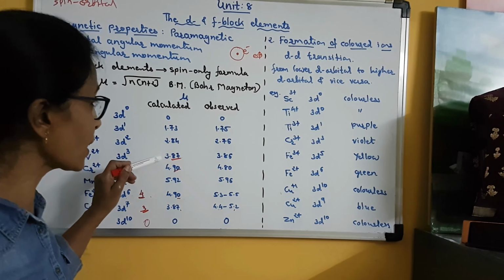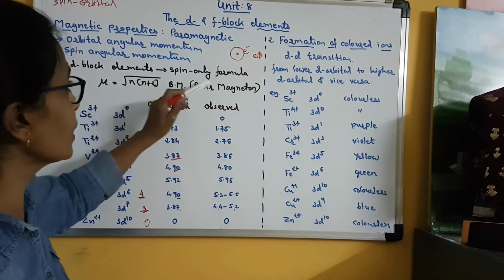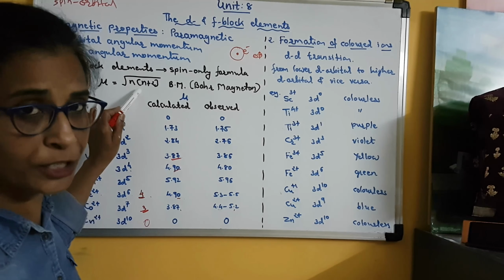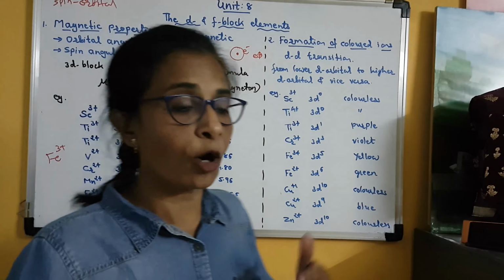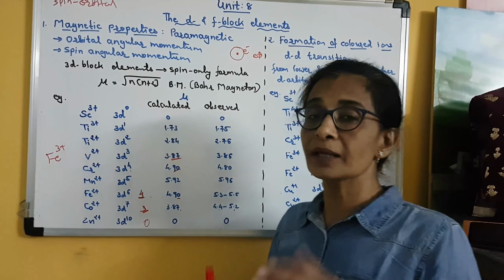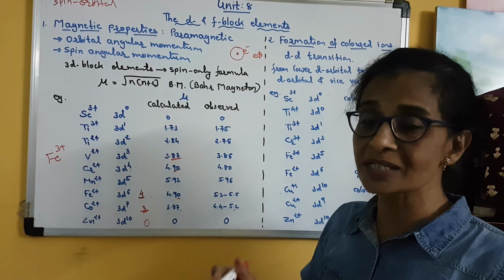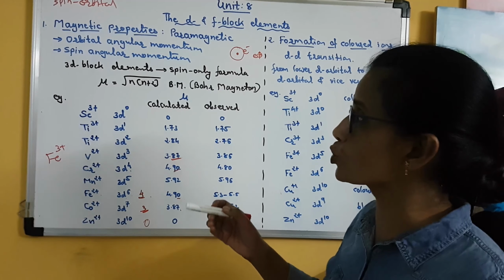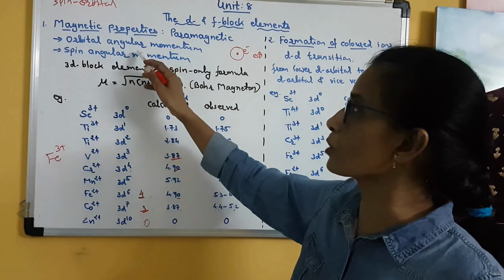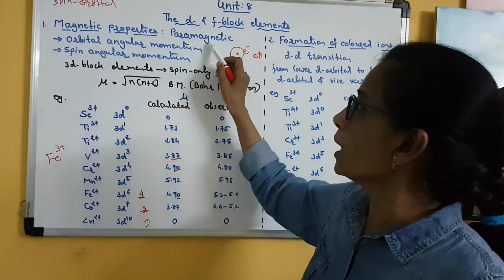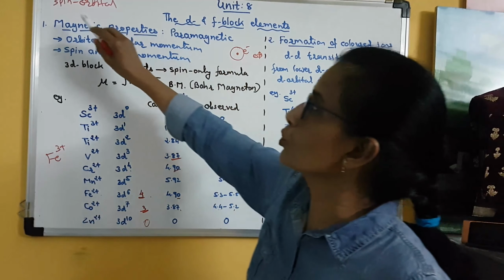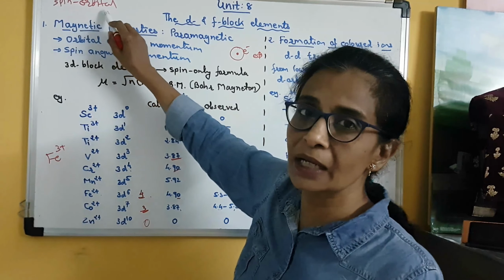Means both the magnetic moments are considered, and that is why the value is not exactly the same as the theoretical value, because in the theoretical value we are considering only the spin momentum, clear, spin momentum, and we consider only the number of unpaired electrons. But when the same value is obtained experimentally, the device that we use is unaware of whether it has to take into consideration orbital angular momentum or spin angular momentum, and that is why it considers both, and so that is known as spin orbital coupling.